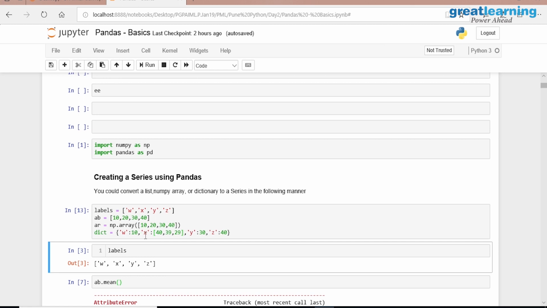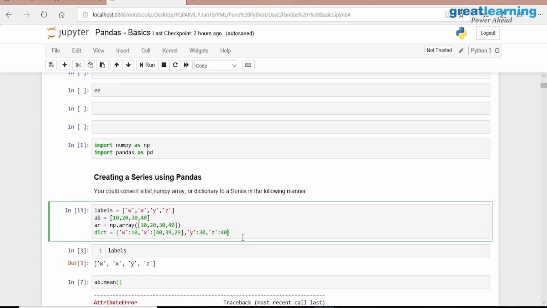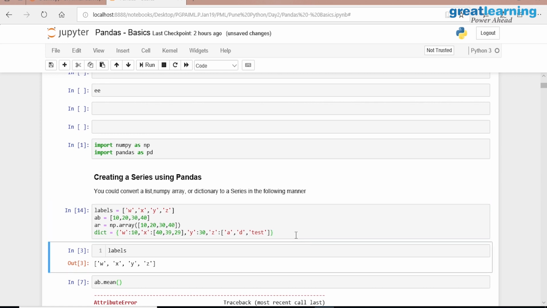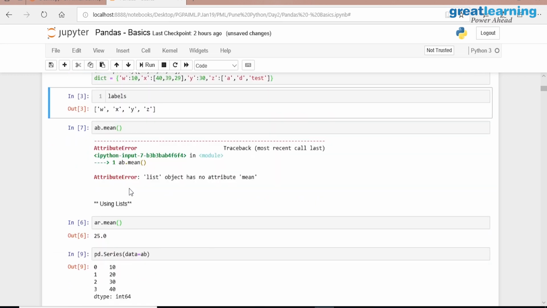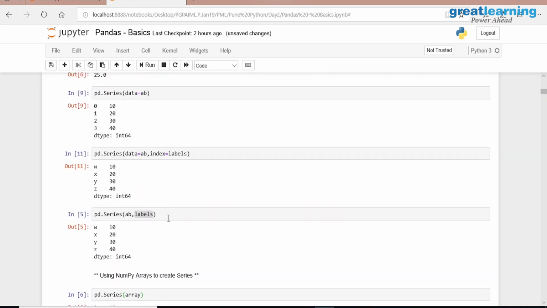First value is 10, second is a list, third one is a single value, fourth one can be a list of some characters or strings here. Can I have it like this? Now if I create a series from this, what will happen?